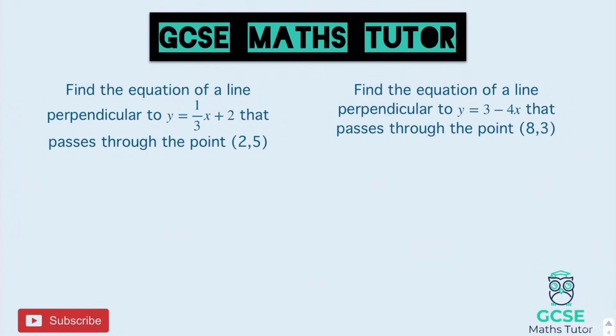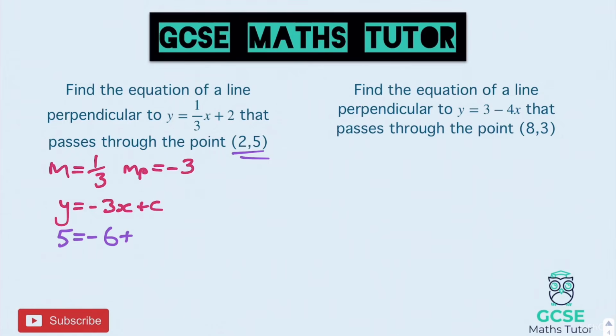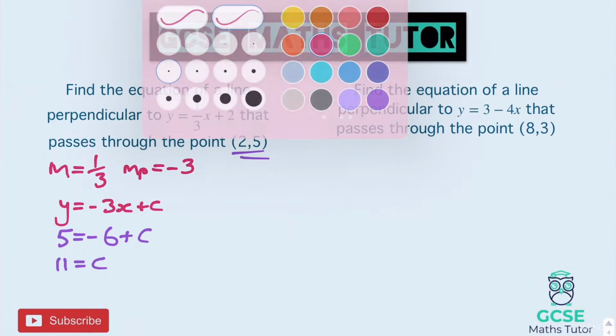Okay, so working these out. So the first one there, the gradient is currently 1/3. So our perpendicular gradient is going to be -3. Putting that into our line equation, y equals -3x plus c, and then let's sub that coordinate in, 2, 5. So we get 5 equals -3 times 2, which is -6, plus c. Add 6 to both sides, 11 equals c, and then sticking that into our line equation to finish it off,